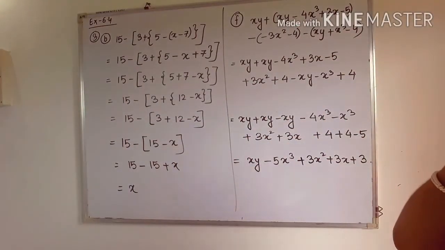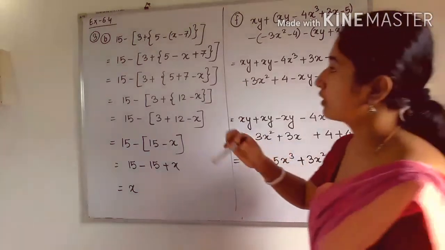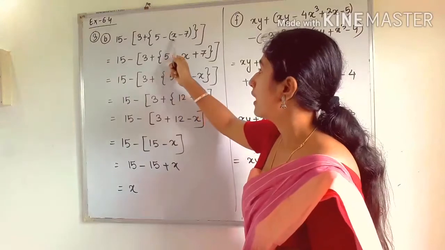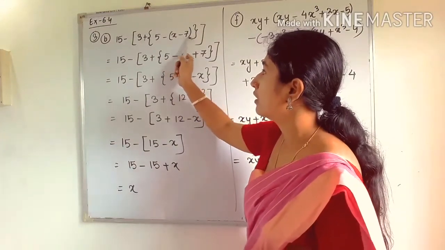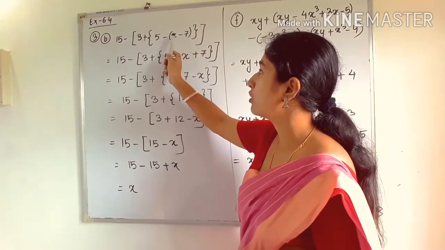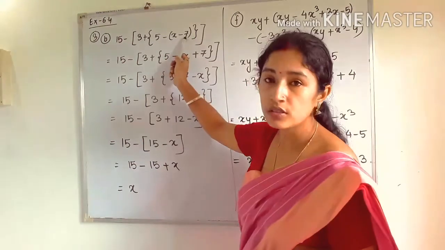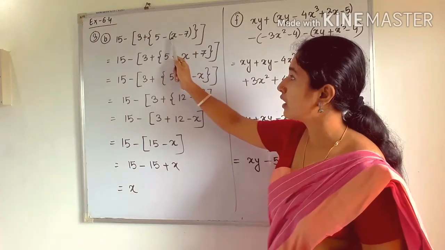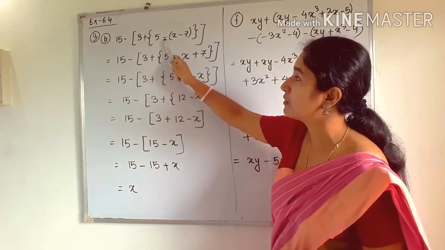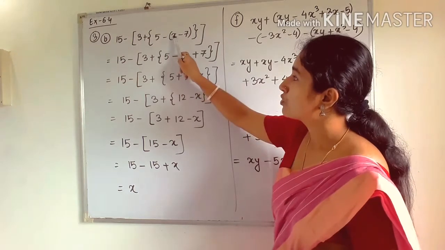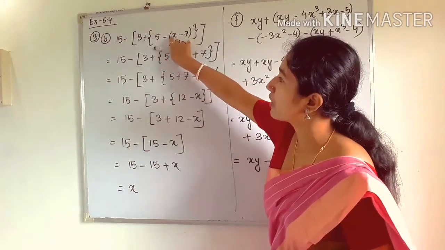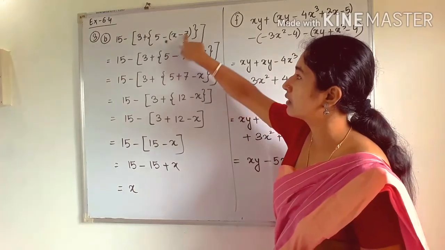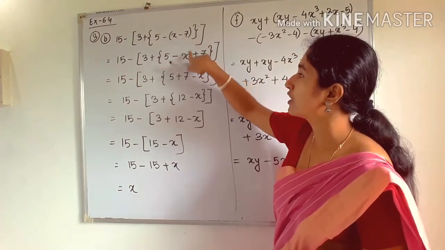So in number B you can see we have to solve the round bracket first. In this one is x minus 7, so they cannot be simplified further because one is variable and another is constant. So here first of all we will open the bracket. So see, outside the bracket we have minus symbol, that means all the symbols will get changed. So here before x it is plus because nothing is written, so it will get changed to minus. Then before 7 it is minus, so it will get changed to plus.